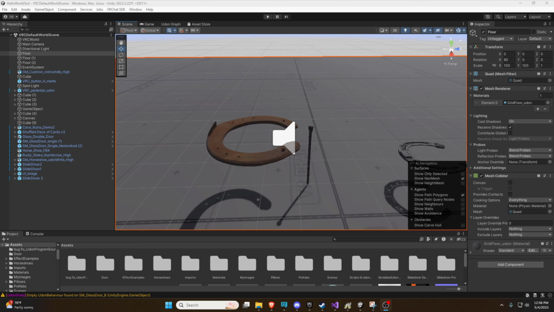So you want to make a horseshoe game for your VRChat world? Not a problem. In just a few minutes, we're going to be showing you how you can achieve this effect in Unity. But before we do that, I wanted to show you why this was actually a difficult video to make